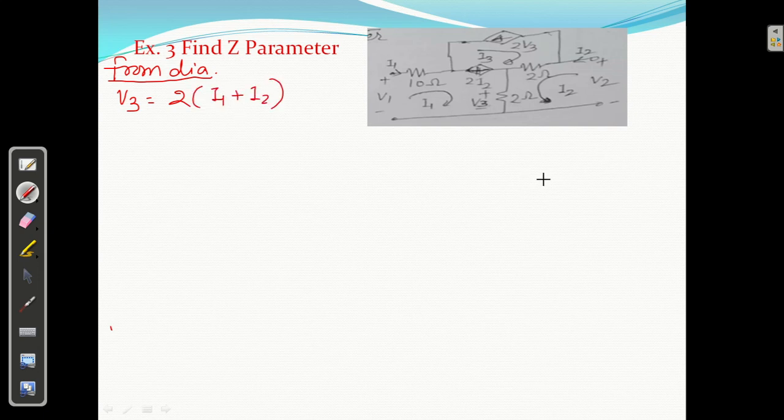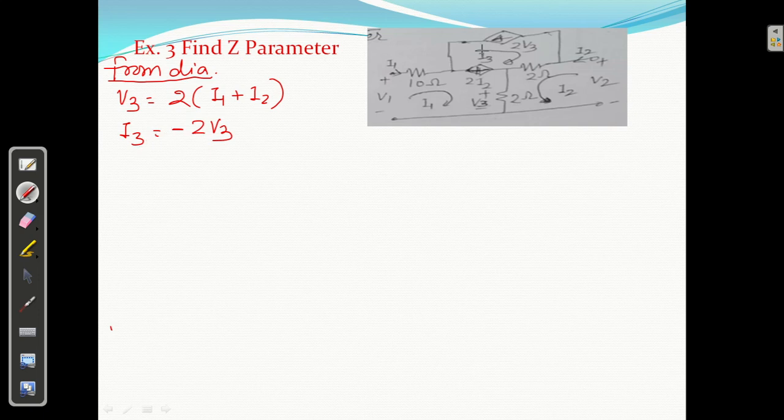It is given because the current here is downward, here also downward, and plus this, so plus 2 into this. So I got V3. So from here I3 is also given. I3 equal to what? Look, I3 is opposite to V in this direction. The direction of current is opposite, so I3 equal to minus 2 V3, right?